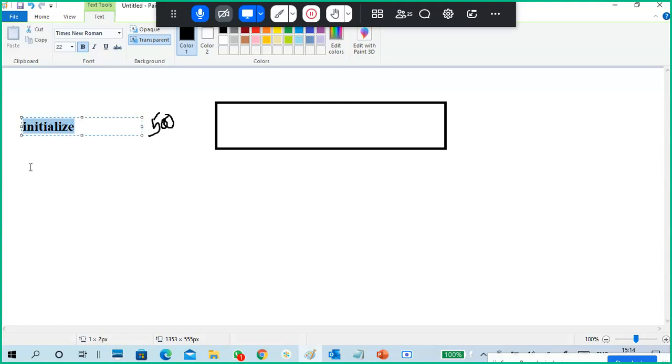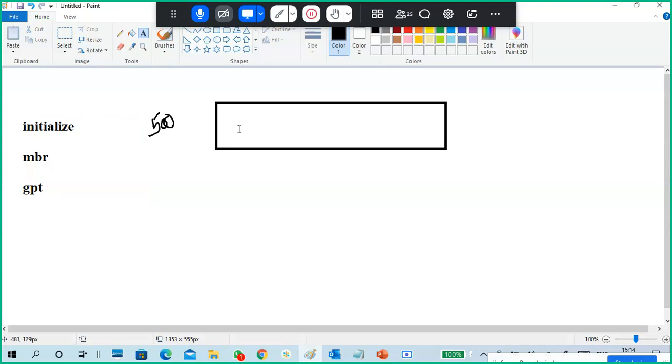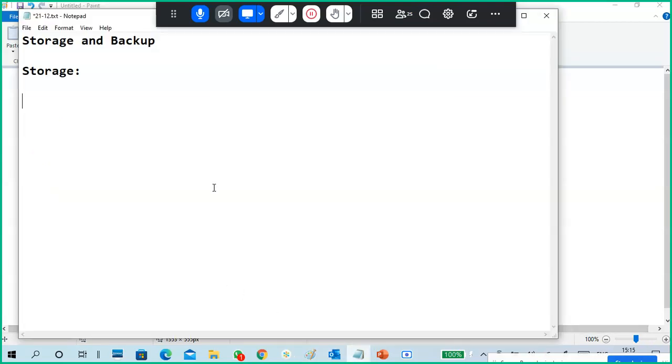Initialize the hard disk as either an MBR type or a GPT type of hard disk. So you have to initialize the disk as an MBR type of disk or a GPT type of disk. Okay. So what is this MBR?